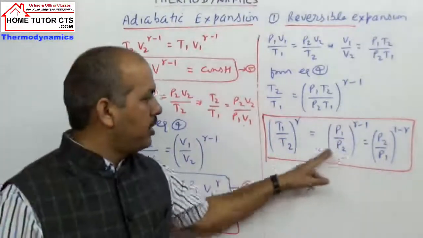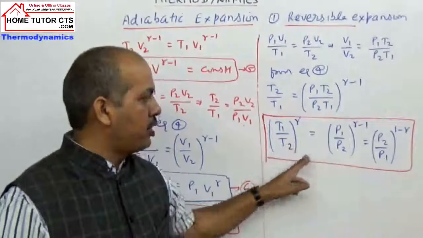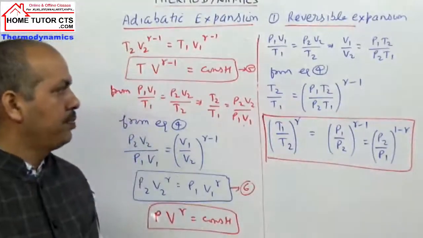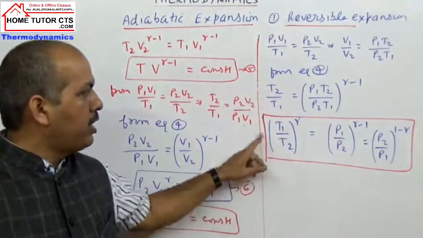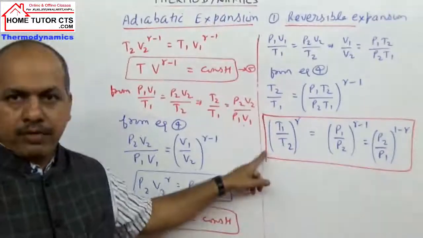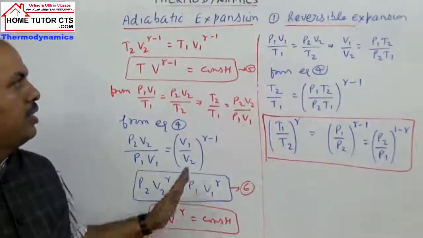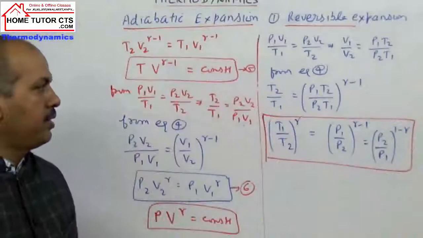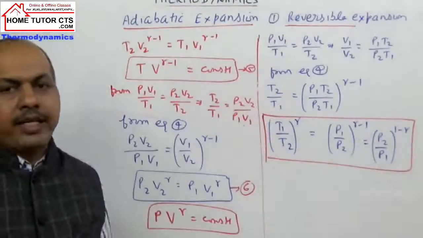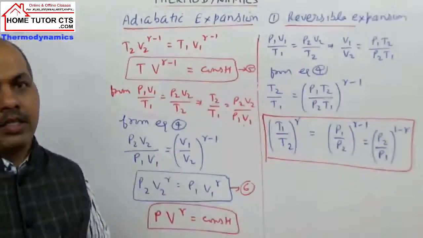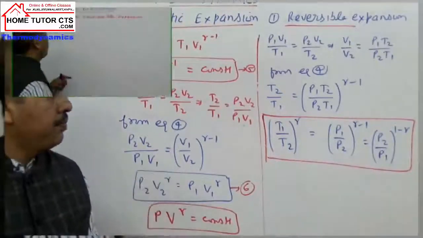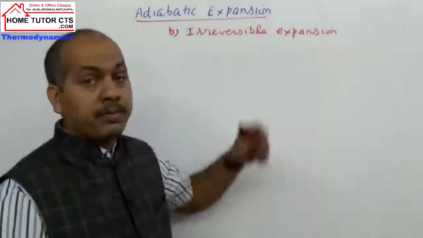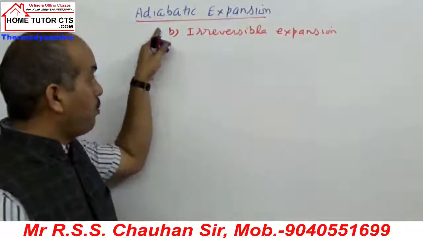So this is your relation, the relation of temperature and pressure. We can write this way. Okay, so we can write the relation this way in terms of this power, that is the result in reversible expansion. Okay, now if I take irreversible expansion, then what happens? Let us write. Now next can be taken irreversible expansion of the gas, adiabatic process taken.